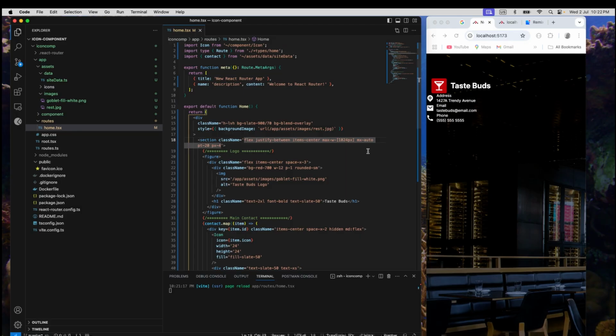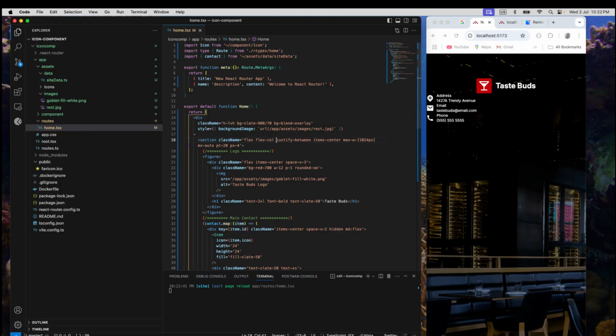We want the flex row to be active at a medium screen, but on this mobile screen, we want it to be in the column form or flex col. So let's add flex col, and let's save that. And you notice that our taste buds icon goes center. Right, so we want that to happen,